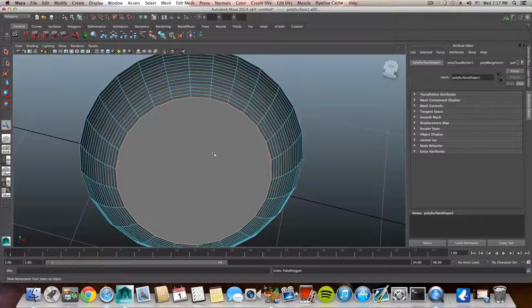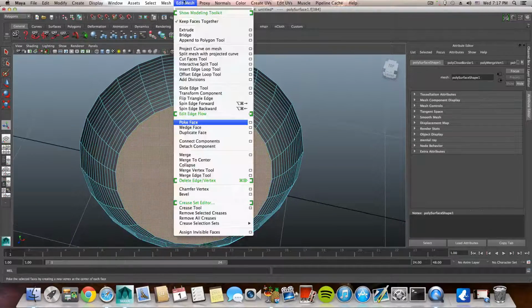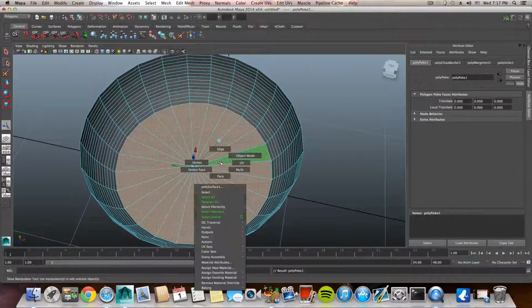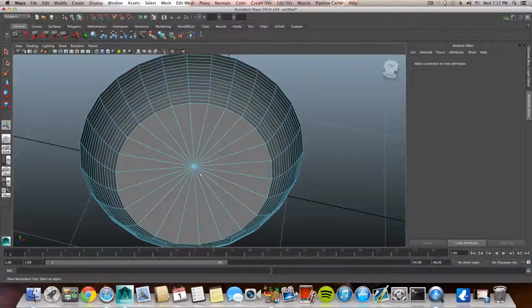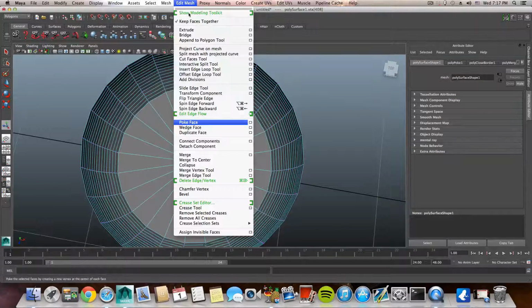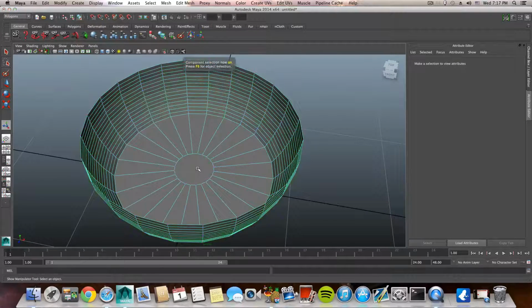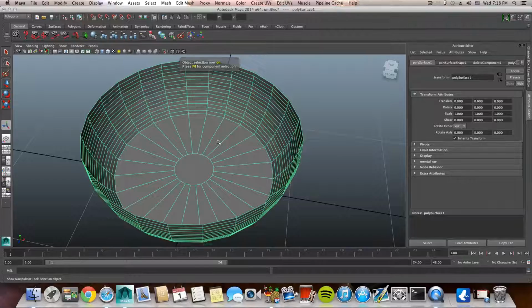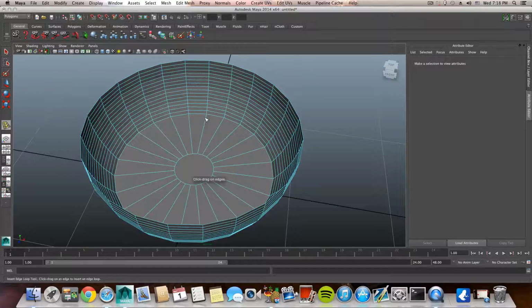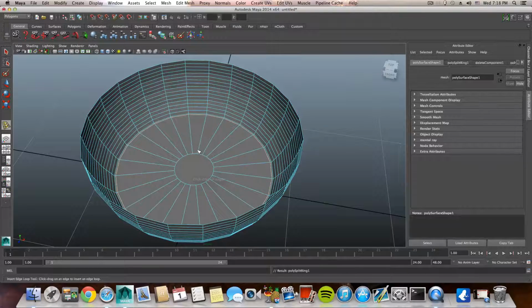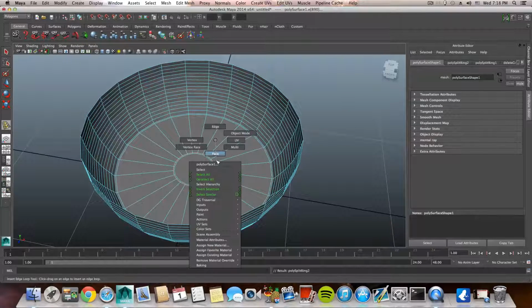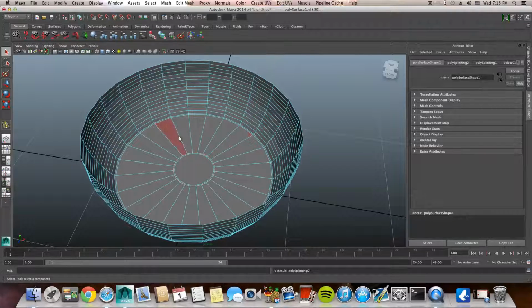Okay, let's first grab this face, poke face, right click, choose vertex. Okay, and we will choose only this vertex here, edit mesh, and chamfer vertex. F8 once or twice, and hold shift, right click, choose insert edge loop, insert one edge loop over here, one edge loop over there, choose face, and here you will want to grab one by one like this. Select one, the other one not. Just select all those